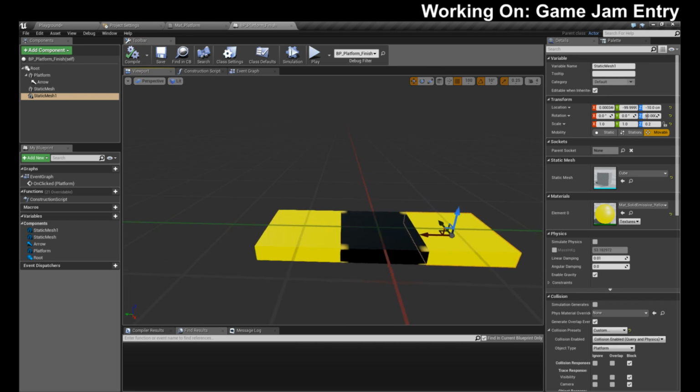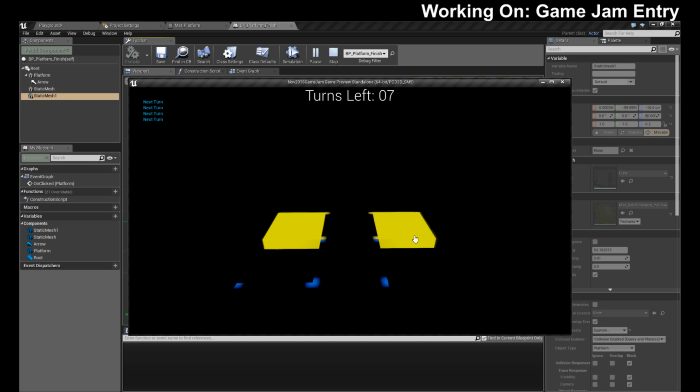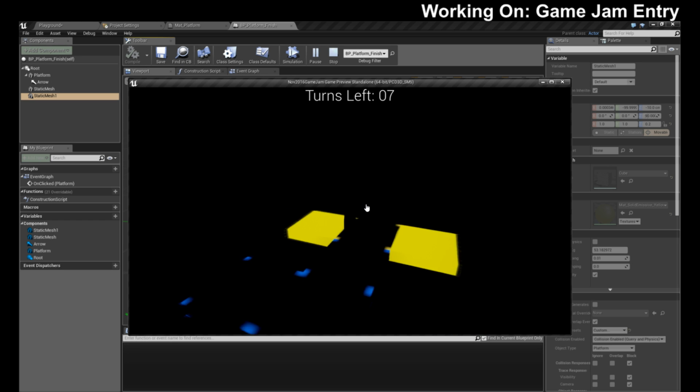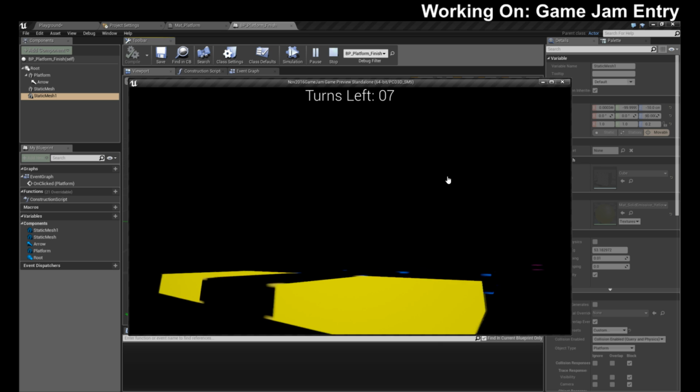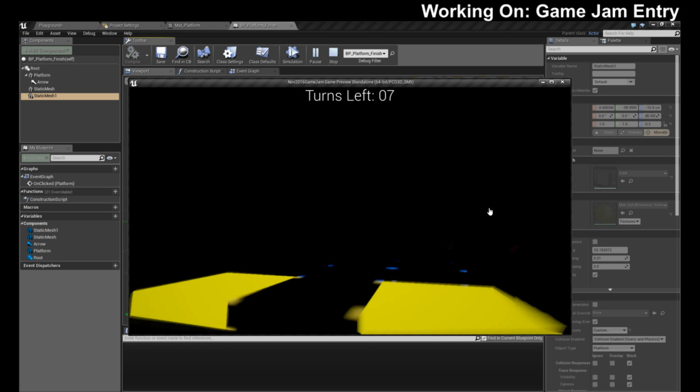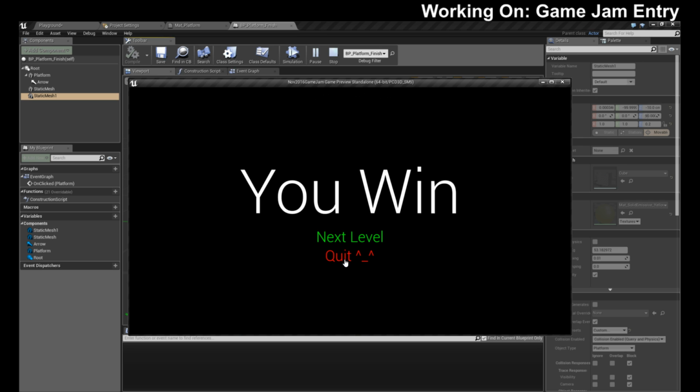See the sides. That might look a little weird. Let's see what it looks like in play. Well, that's not horrible, right? Yeah, that's not horrible.